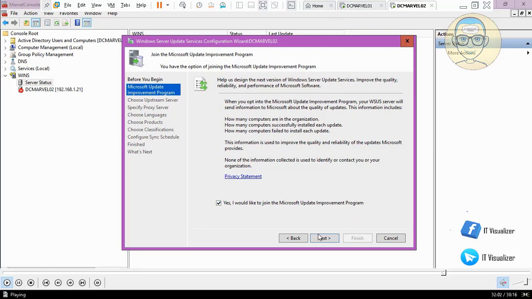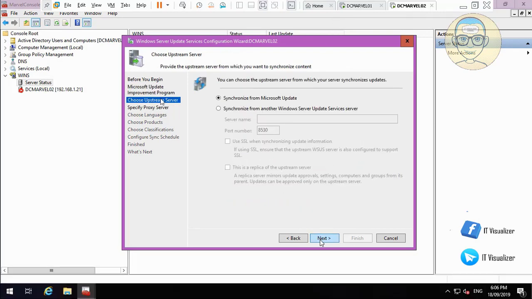He will accept the license agreement, and then he will tell him he needs to synchronize or to get the updates from the Microsoft website. So this is the first option. You can get your updates from another WSUS server. So if you have 2 or 3 WSUS servers, and this WSUS server doesn't have internet access, and the other WSUS server has internet access, you can tell him to get his updates from the WSUS server that has internet access. Anyway, we will tell him to directly go to the internet and communicate with the Microsoft website and get the updates. Okay,